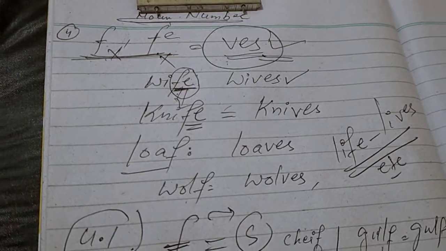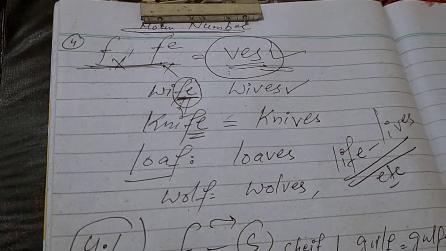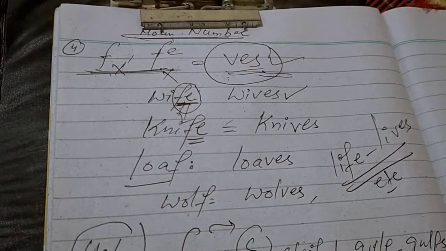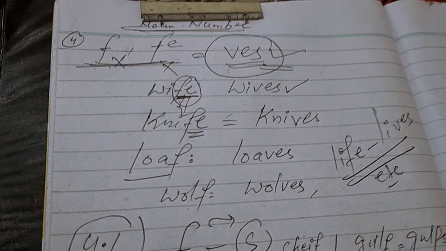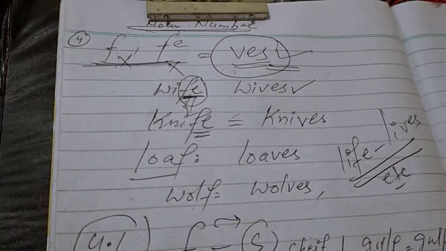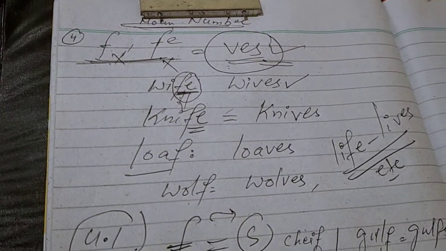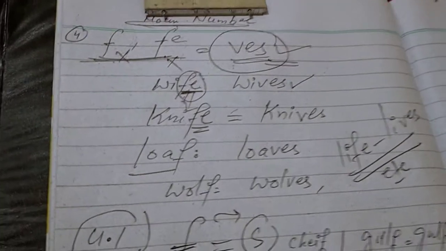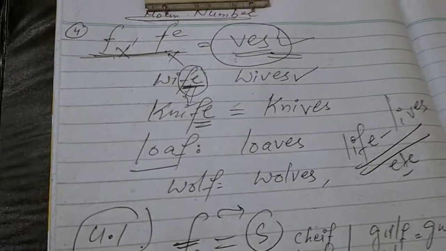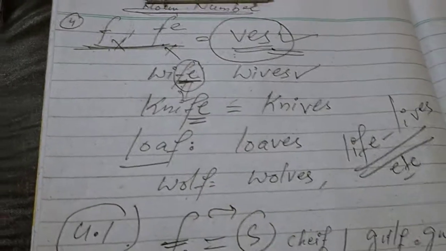The third rule we discussed was for nouns ending in y and preceded by a consonant. Then we remove the letter y and add ies. Whereas if a word ends in y but is not preceded by a consonant, rather it is preceded by a vowel, there we are bound to add only s to the base word, the root word. So this is how it works, and now we are moving forward.